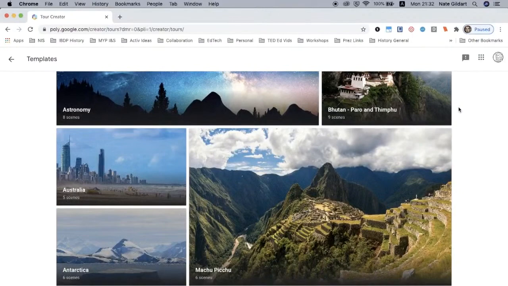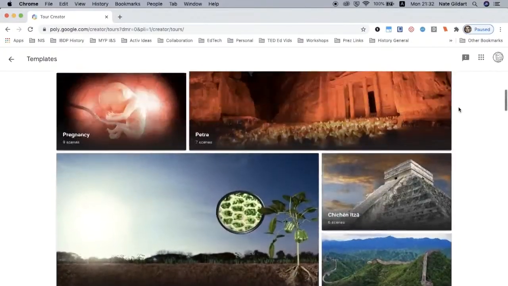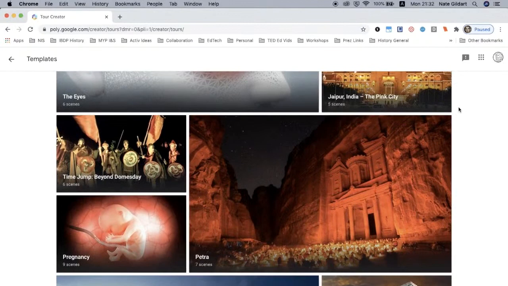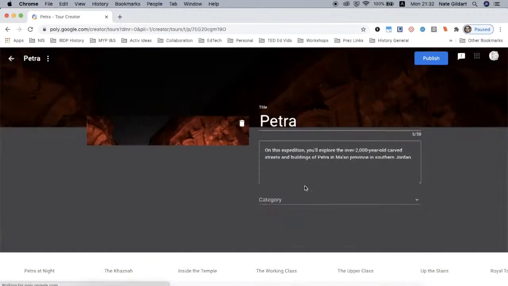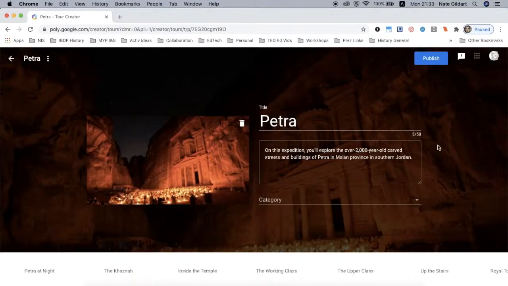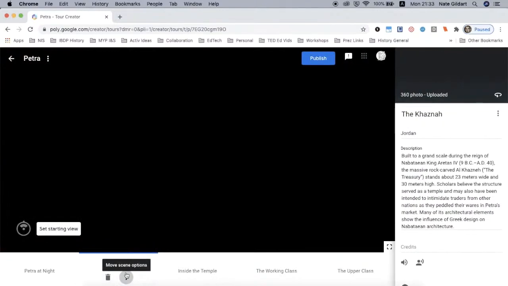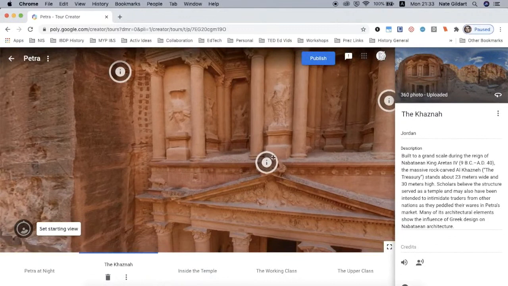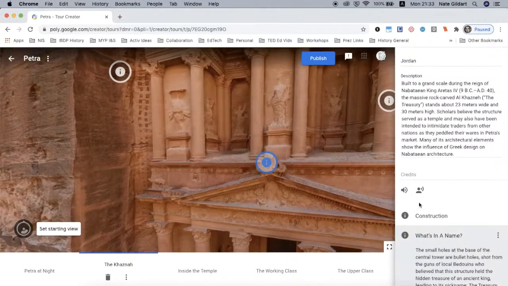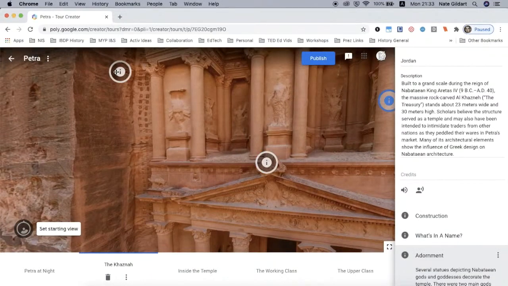So for example, you or your students could download one of these tours. Let's say Petra, for example. So all I had to do is click on it, and it's going to make a copy automatically of the tour for me. So I have my copy of the tour. I can look at the different scenes that are in here. I can scroll around and think, are there different places I want my students to check out within each specific